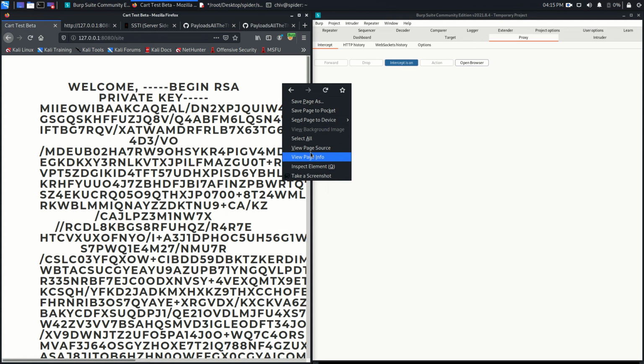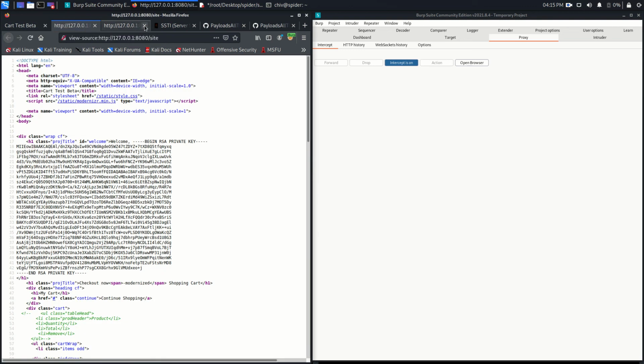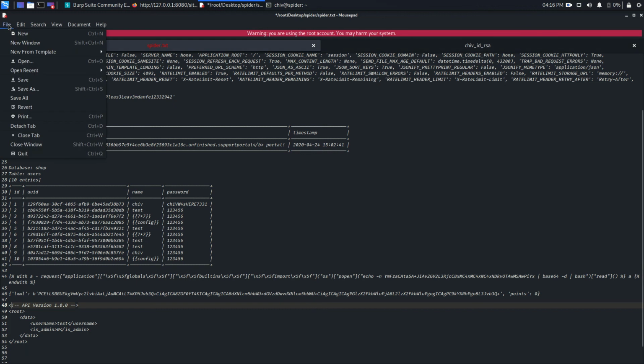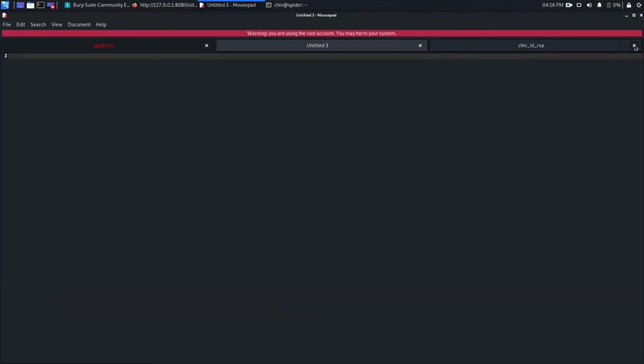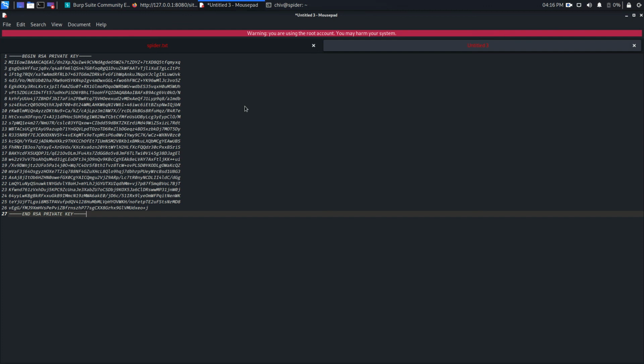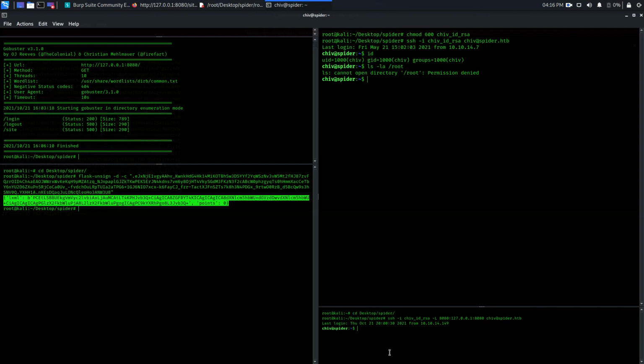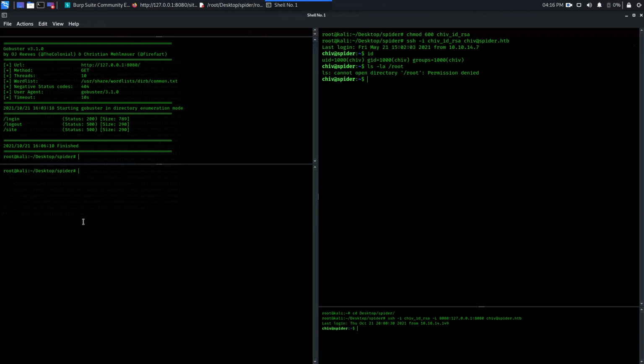So go to the page source again, close this one, and copy this id_rsa key for the root. So copy this, and in the new section just close the shiv one and paste it here, save it as root_id_rsa, enter, come here, and clear this, and chmod 600 root_id_rsa, enter,